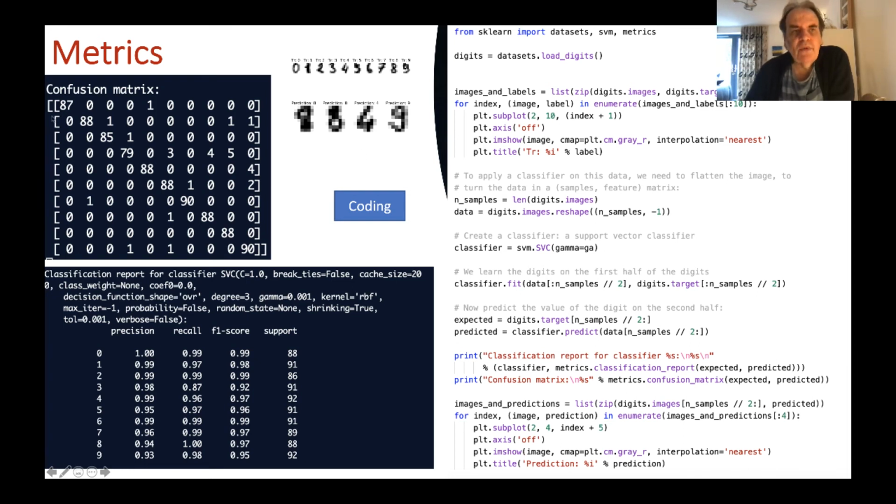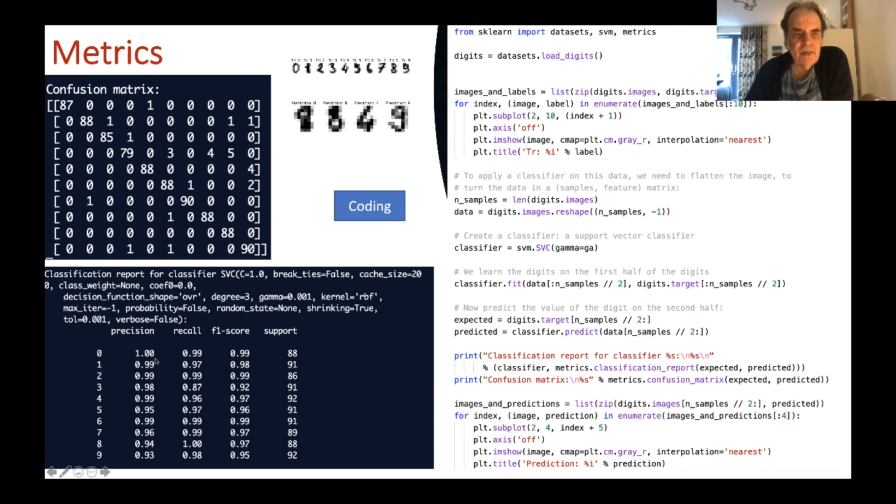So in this case, when we run the code, we see our confusion matrix is like this. So this is a 0, and a 0 is identified as a 0 for 87 times. A 0 identified as a 1 never happens. Okay, so we actually get a strong score for our 0.